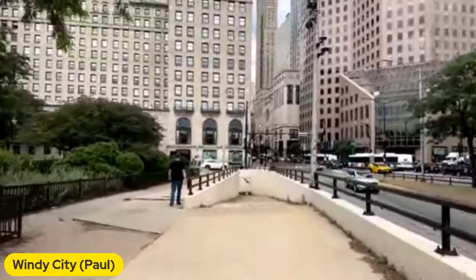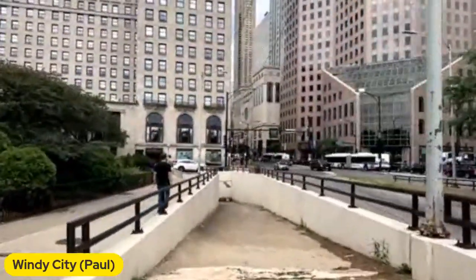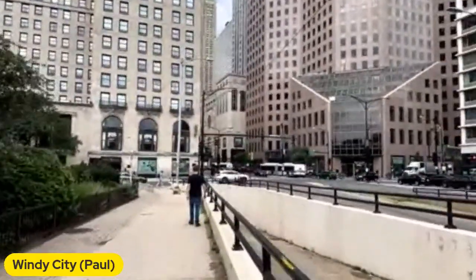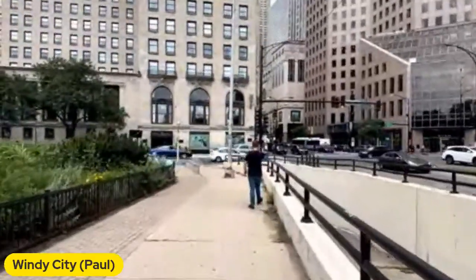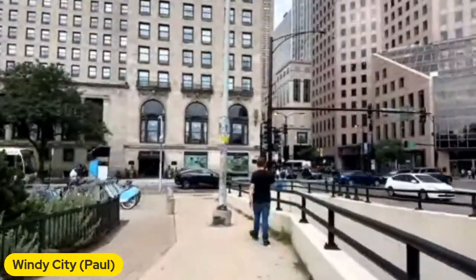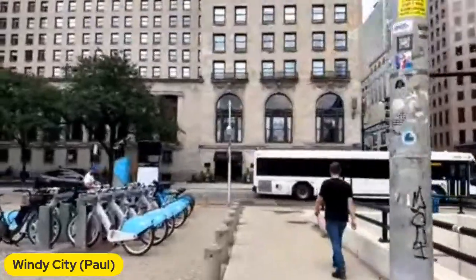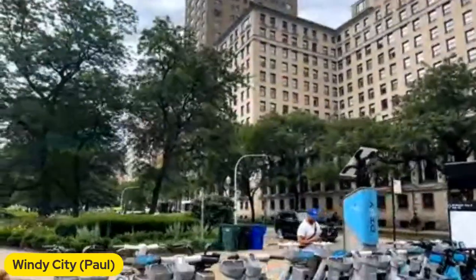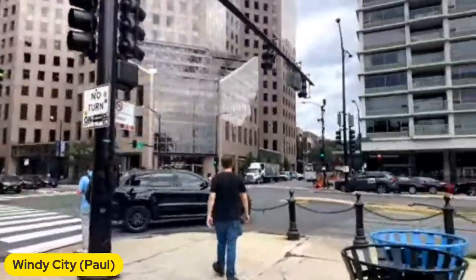This used to be another bypass, so you could walk underneath Oak Street. That has since been closed down. So it's a ramp to nowhere right now. As I said when we were approaching here, you've got the Drake Hotel here and then some condos as we move further down. Now, because space is such a premium here,